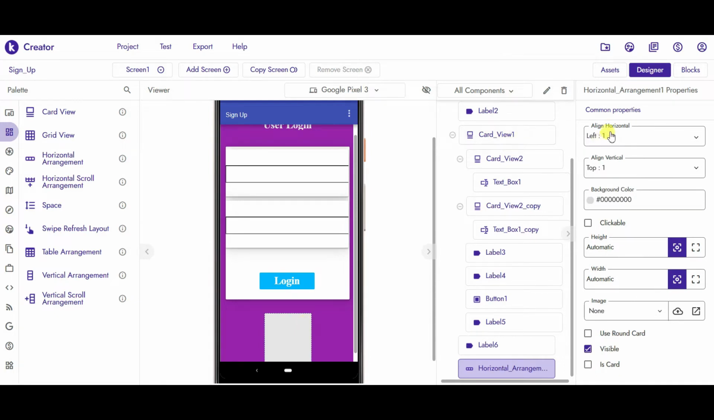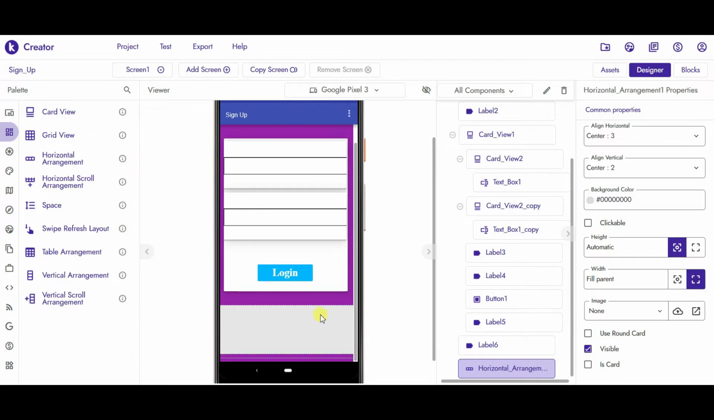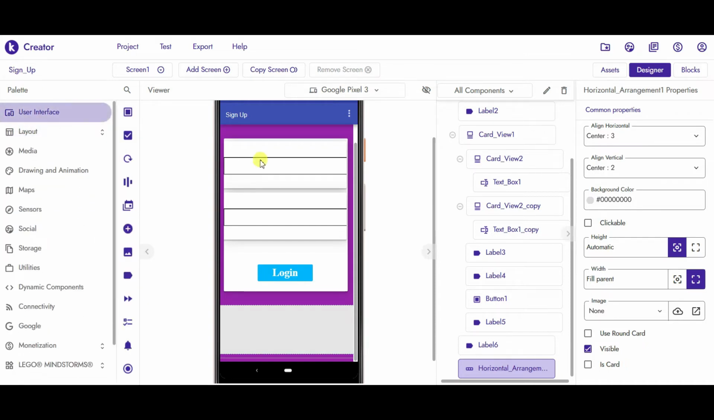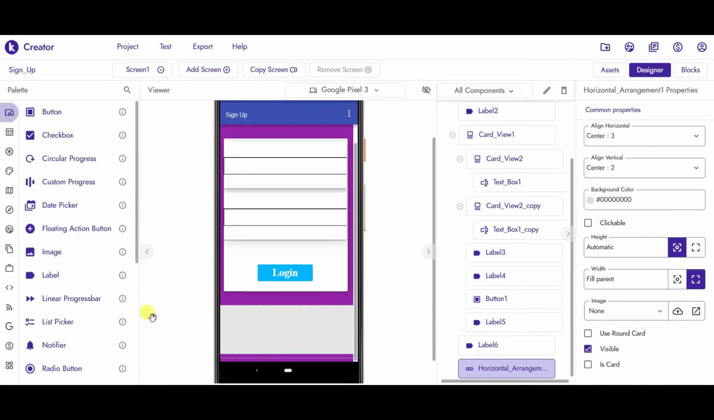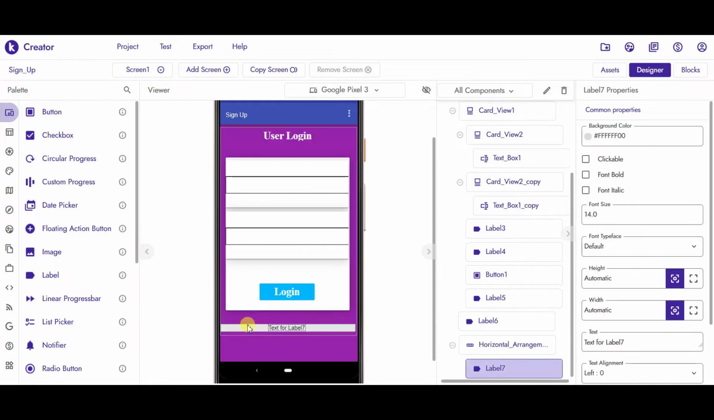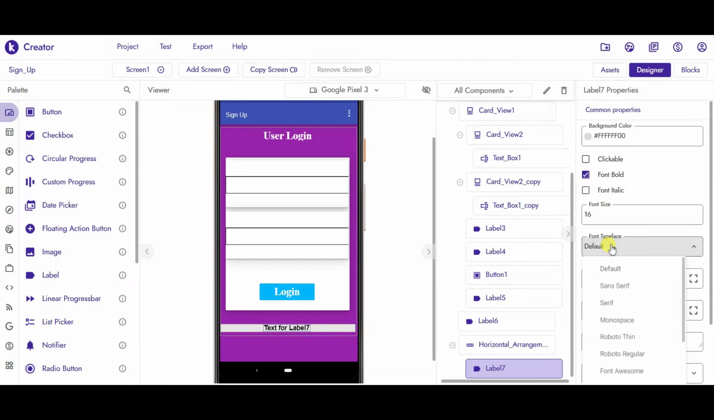Align the horizontal arrangement to center. Set the width to fill parent. Now take one label inside the horizontal arrangement and make the font bold. Set the font size to 16. Font typeface will be serif